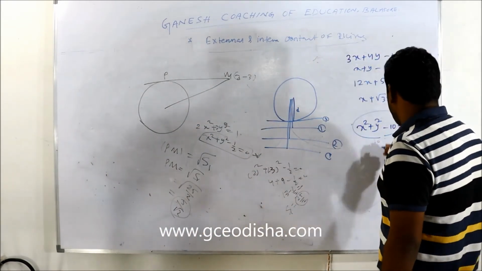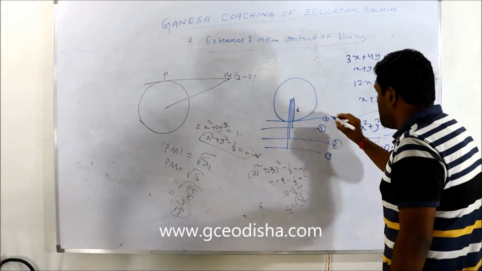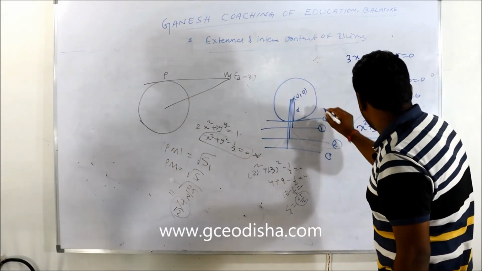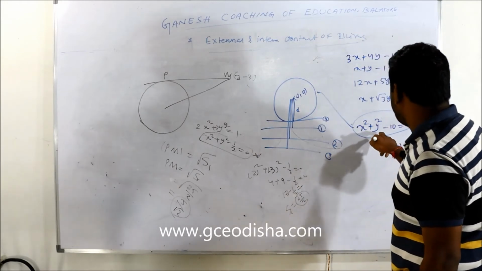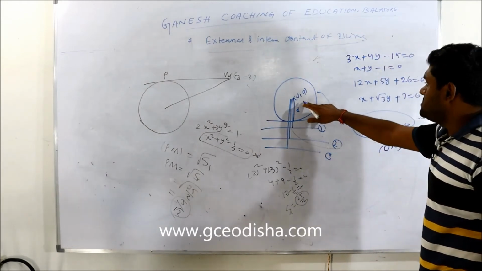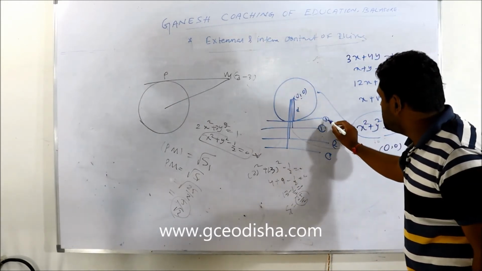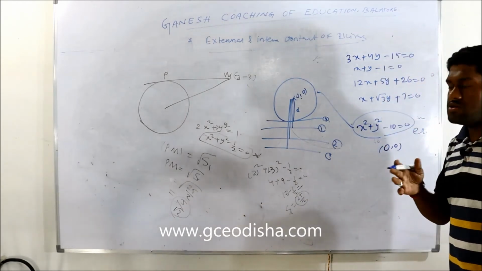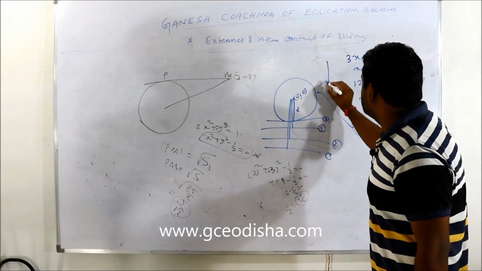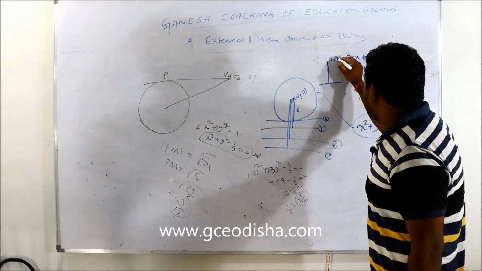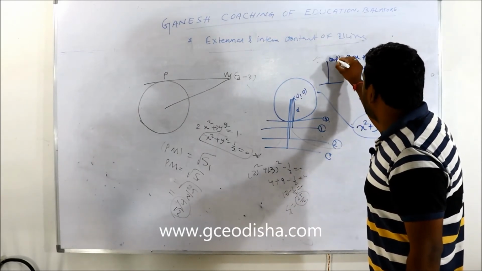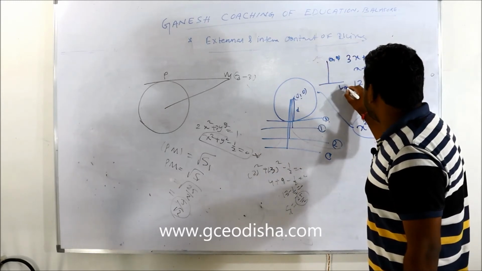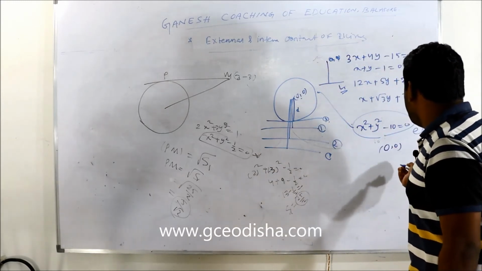When the center is 0, 0, the equation is this. This is the equation of the circle when the center is 0, 0. From 0, 0 to the line, whatever I told you in some of the previous classes, the distance of the point x, y from the line, whatever the equation of the line, how can you find that?